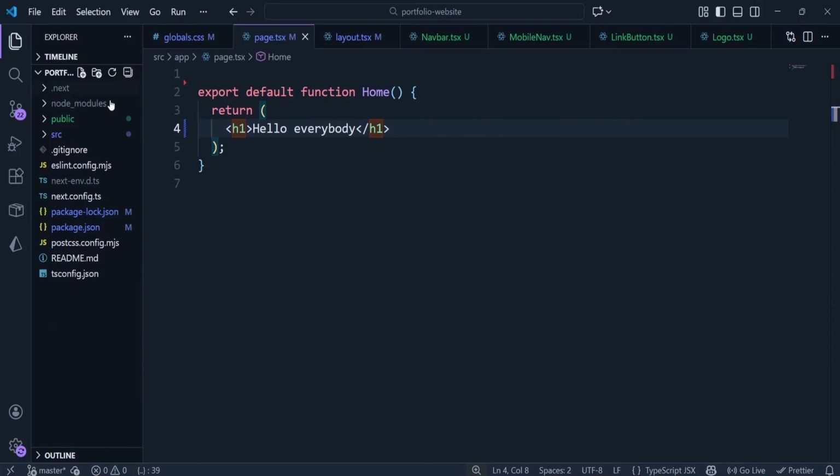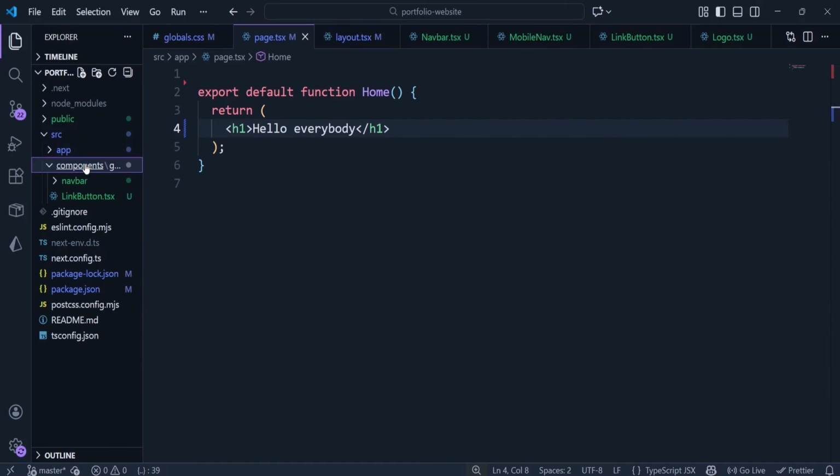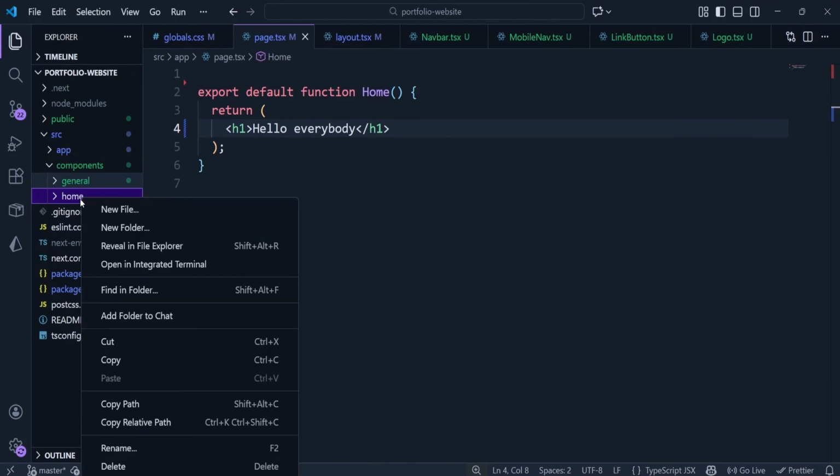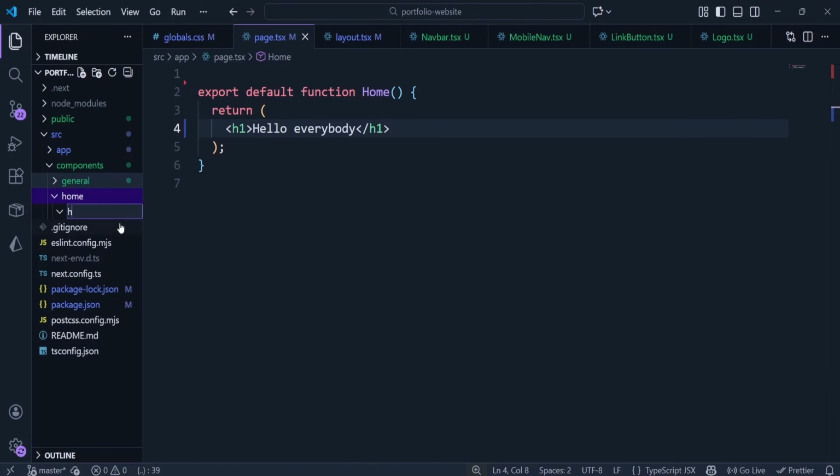So I'll just close this up. I'll go to src, components. Inside this components folder, I'm going to create a new folder. I'll call this folder home. Close this general folder. Inside this home folder, I want to create a folder called hero, which is going to hold all the components we need for the hero section. And then inside this hero folder, I want to create a file called HeroSection.tsx